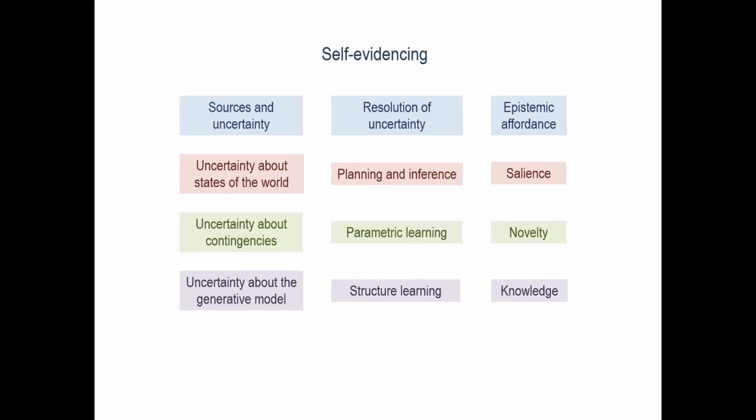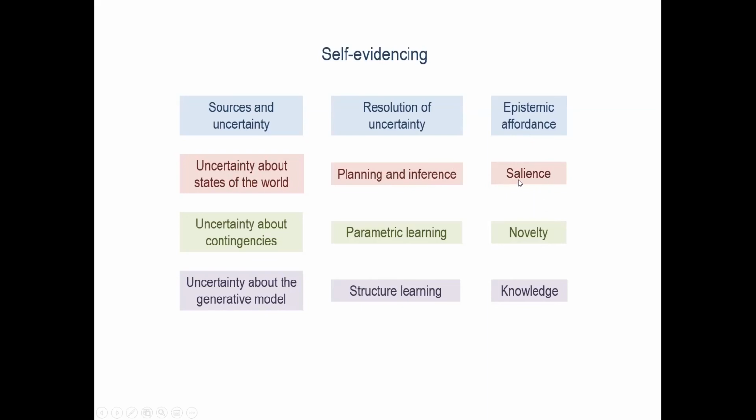And what are the sources of uncertainty? Well, they could be about states of the world, and the resolution of that uncertainty concerns planning, and we can think of that in terms of inference,